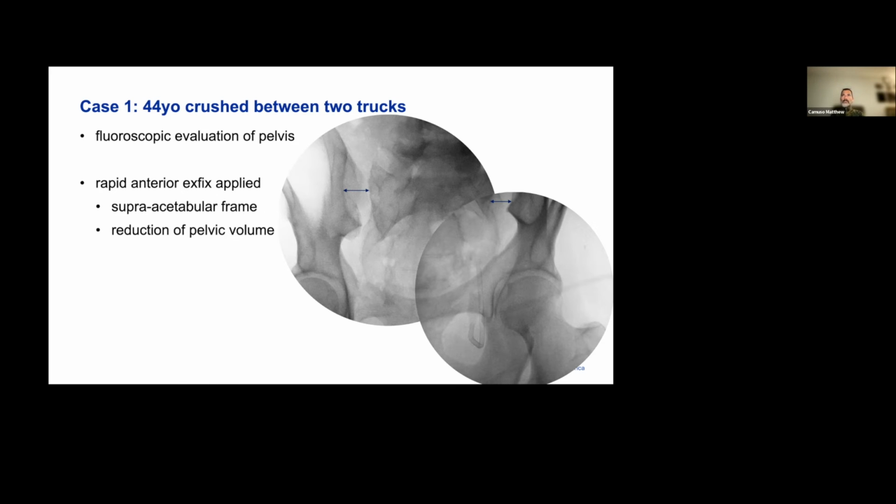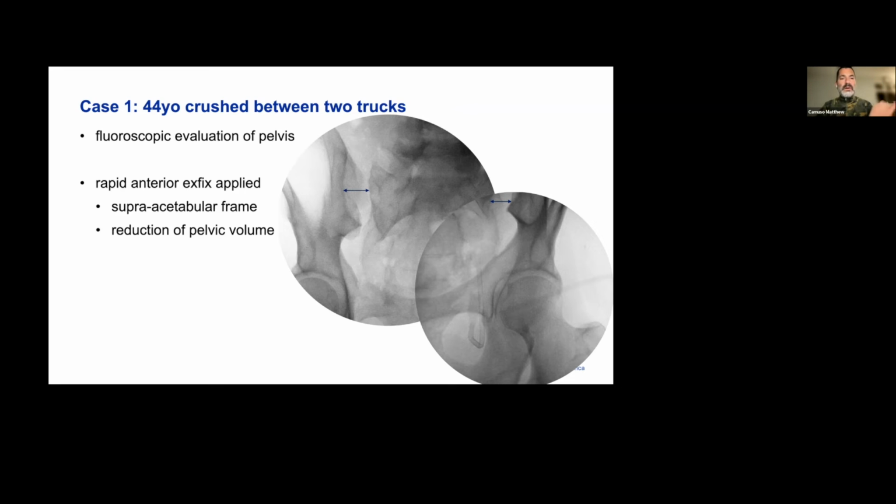Ray, are you putting a frame on after that, or are you leaving a sheet on, or what are you doing after that? Usually it kind of depends on what their anterior injury is. But if it's a ring expanding injury through the symphysis, I would tend to probably put a frame on, but it kind of depends. If my pin insertion is going to be in the way of maybe a definitive ilioinguinal incision, I'll forego that so long as I've got improvement of hemodynamics and overall improvement of alignment, understanding that this probably isn't my definitive fixation at the time that we're doing this.